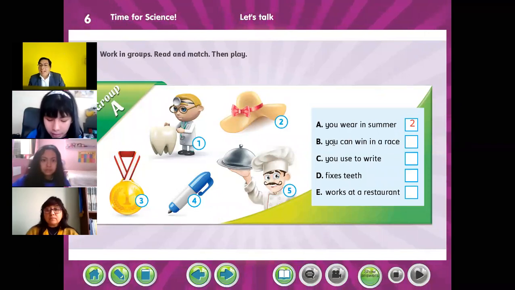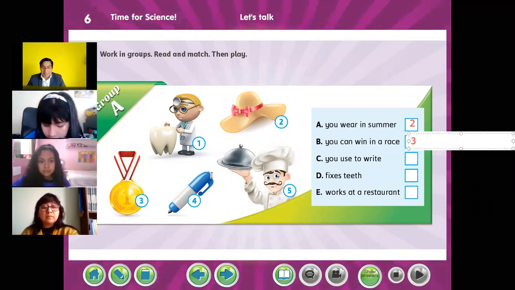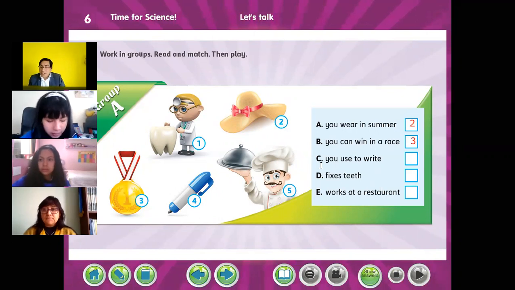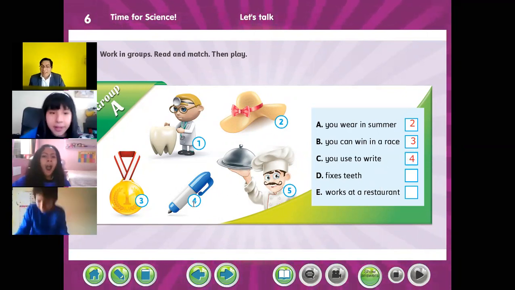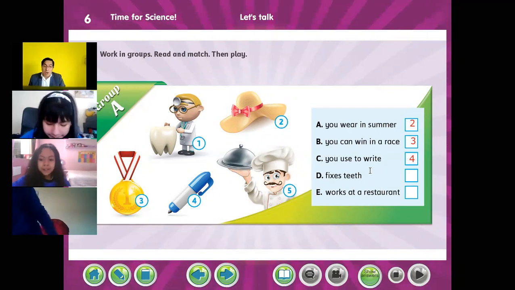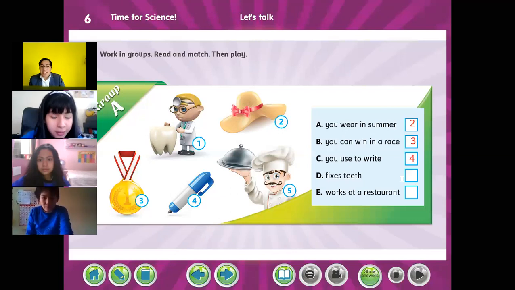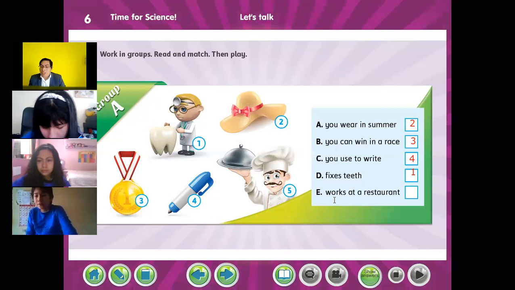For the next: it is something that you can win in a race. What is it? Number 3. The medal. Very good. It is something that you use to write. What is it? Number 4. A pen. We use a pen to write. Good. He is someone who... Number one. He is someone who works at a...